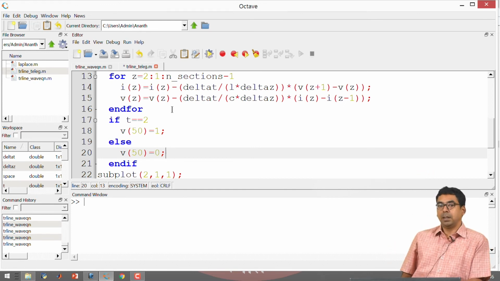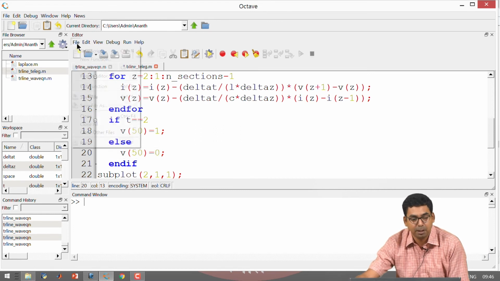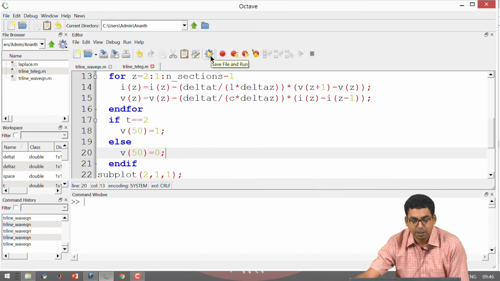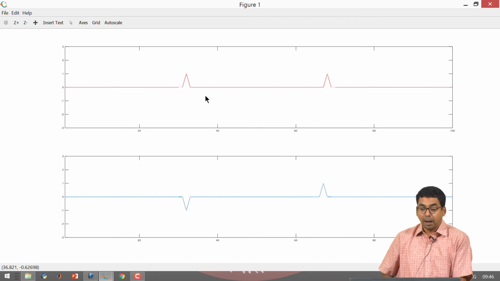In other words, it's like giving an impulse at some instant of time and then 0 volts, or it's grounded at all the other instants of time. I just wanted to plug this in because you should know that the way we have defined the sources, we have flexibility over that. We could do impulse, we could do rectangular, we can do sinusoidal, we can do many things. Okay, so it just needs to register in your mind that you can play with all of these quantities. I'll just go ahead and run this once to make sure that the program is running. Okay, it is indeed running.